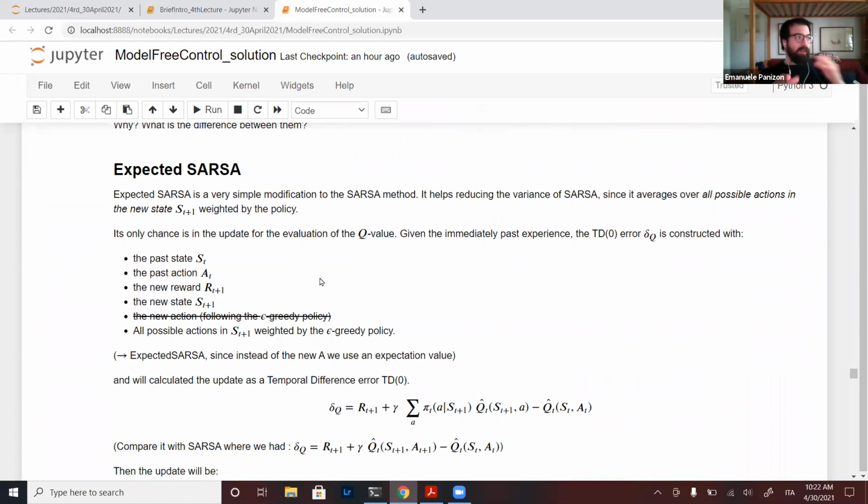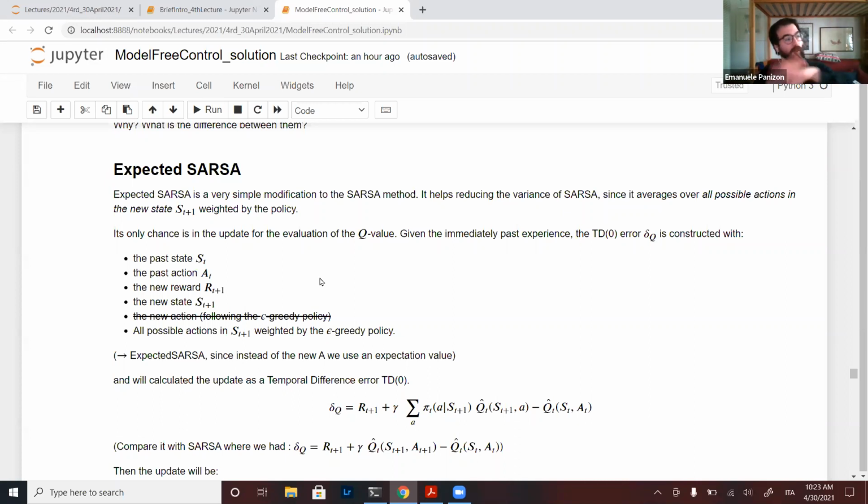It's helpful because it reduces some of the variance of SARSA, because SARSA, if you think about it, needs every time to have pairs of state actions. So if the action space is very large, then every time you are in a state S prime, you have too many trajectories to check all the possible actions.